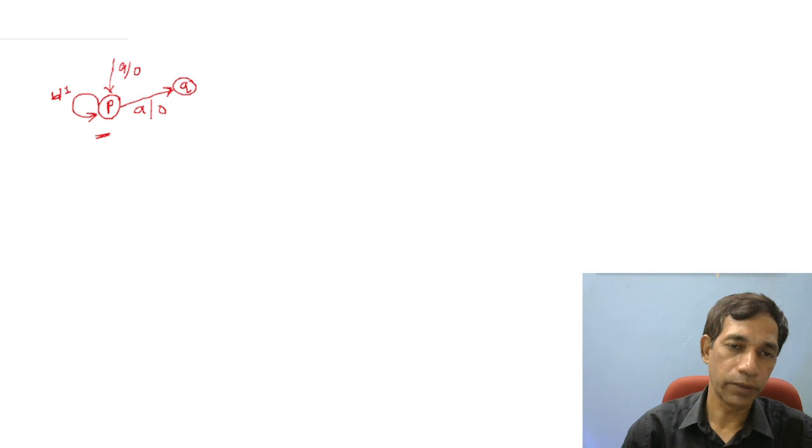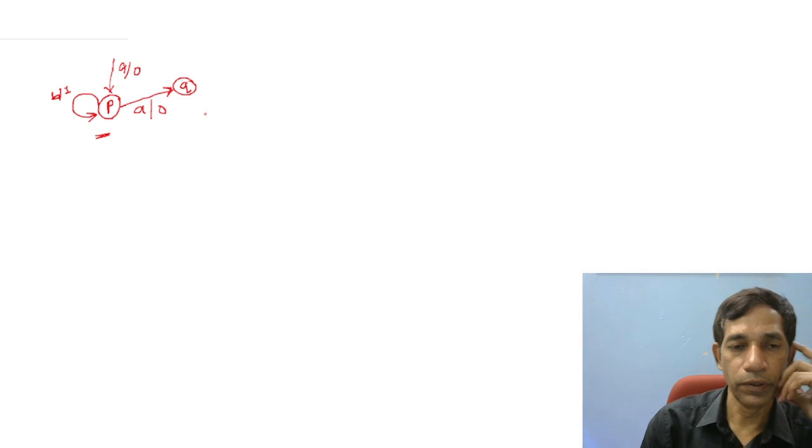So one is coming for the output and printing the output 0, and here we have the loop for the B, and it prints the output 1, and there is one outgoing edge from the state P which goes to the Q, and the transition is A/0. So how can we convert this? See what we need to do. We need to